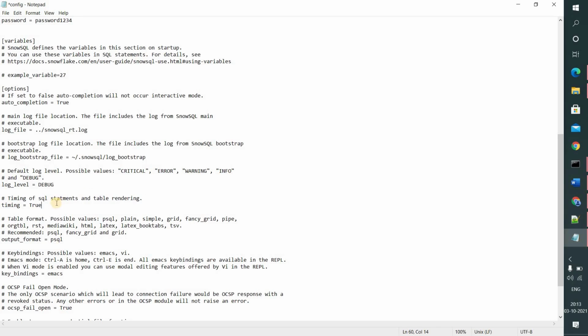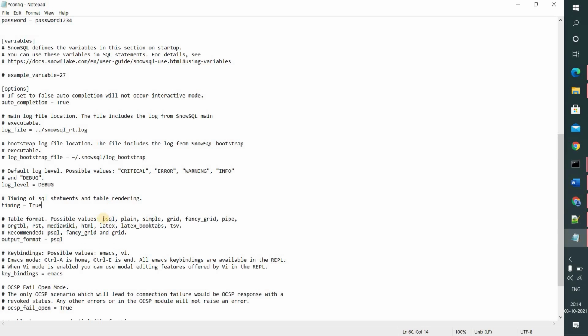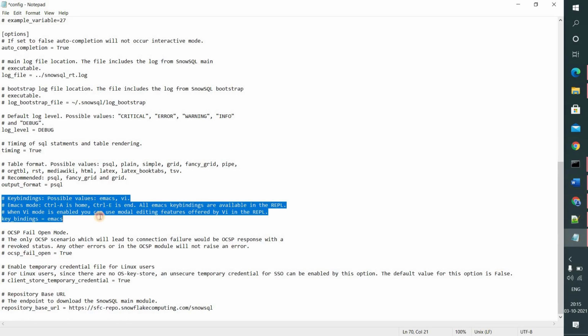So here is the place where you can specify whether you need the elapsed time of your statements to appear in the result or not. And in this section you can specify how your result output should be. Snowflake CLI allows the following output formats: a grid format, a pipe delimited result format, or tab separated values.